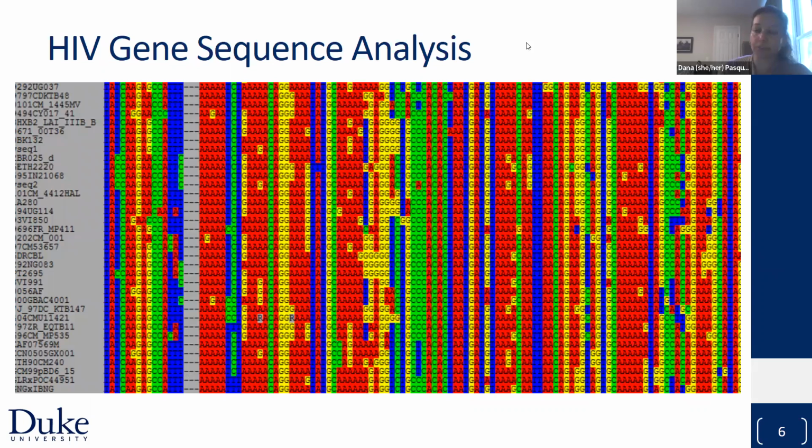So we can also do this with pathogen gene sequences collected from different people. If someone has an infection, that infection also has genetic material. We can extract that infection, get the genetic sequence, and then do the same thing. The slide that I showed earlier, which I'm showing again, is actually publicly available HIV gene sequences collected from different people over time. And then the HIV gene sequences are aligned so that people can be grouped together by